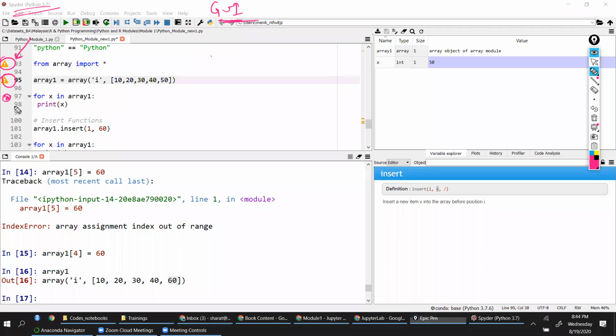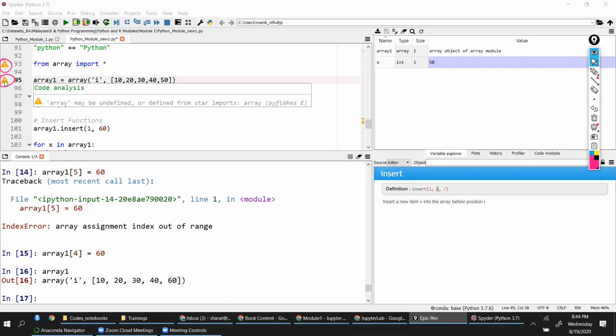If there are errors, then there will be a red color circle like this. If it is a warning, then it will show you this triangle. And when you hover your mouse on that, it gives you a message. Array may be undefined or defined from star imports array. That means you are importing a lot of things is what it's saying. You can safely ignore these warning messages if they are, of course, irrelevant.